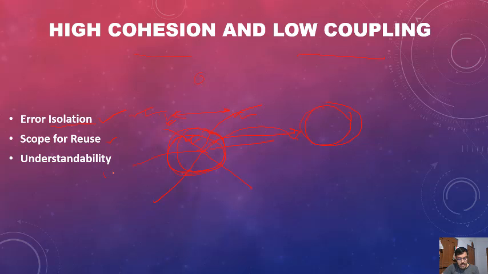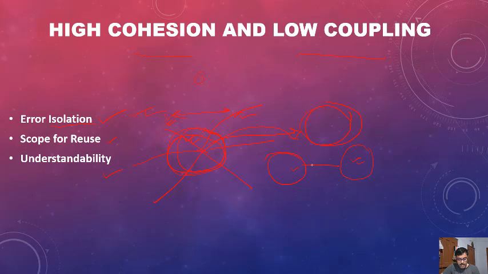And the last point is understandability. If modules are functionally independent, then the complexity of the design is greatly reduced. This is because different modules can be understood in isolation. That means you may understand different modules in isolation, with no need to understand a module with the help of any other module. Since the modules are independent of each other,